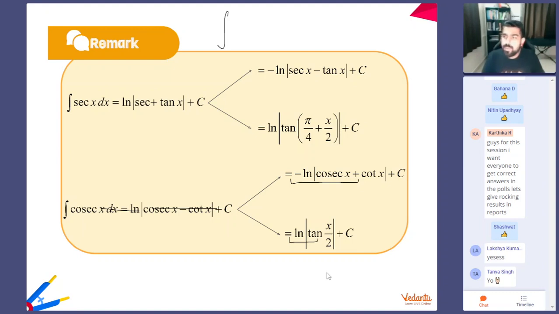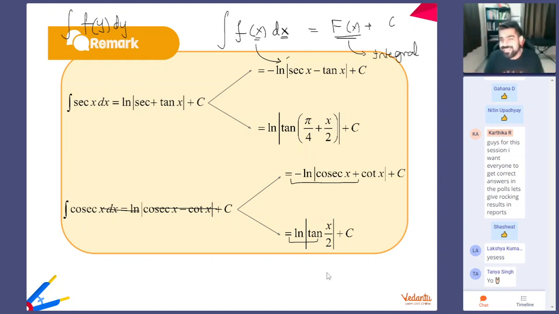Okay. And guys, what are the parts of an integral? Integral symbol is given by this. Then you'll have a function. Then you'll have dx. So if you have the variable as x, you should have x over here. Okay. If you have a variable as y, then you should have dy. Okay, I hope that makes sense. Got it? And whatever you get as the output is called as the integral. And this is constant of integration. This is integral. This is integrand. And this is your final answer, which is your integral. And this is your integrand.